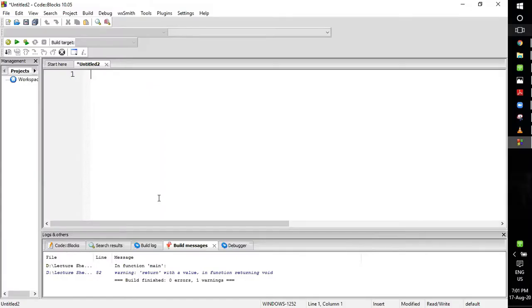Okay, so for today we'll be doing a C program that will take an input from the user, and as an output it will publish whether the input is a valid operator or not. So in case of operators, what we have,